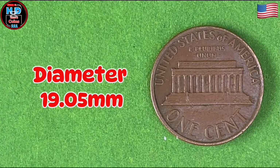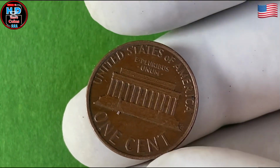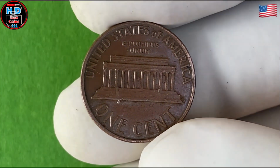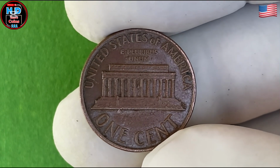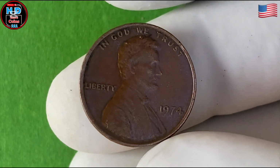This penny, which features one of the longest-used designs in American coinage, continues to capture the attention of collectors, historians, and enthusiasts alike. The obverse of the 1974 penny, designed by Victor David Brenner, showcases a youthful portrait of Abraham Lincoln. Brenner's design has graced the penny since its debut in 1909, and it remains one of the most iconic